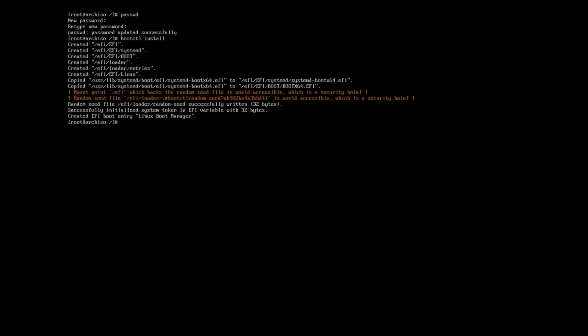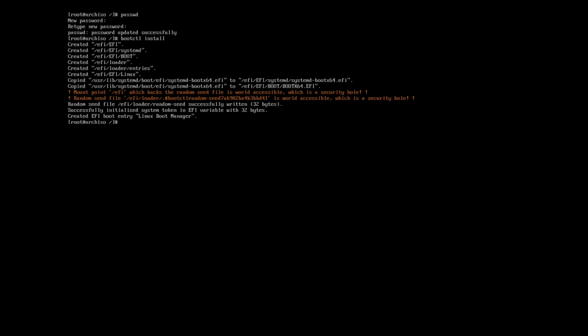install. And here, you can ignore this little warning where it's saying EFI is world accessible. This is why we changed our fmask and dmask in the fstab file. This is kind of a false positive. When you boot your system, that EFI mount point will not be readable by your user. Only root will be able to access it. That was what we did when we changed our fmask and dmask values. So you can ignore these